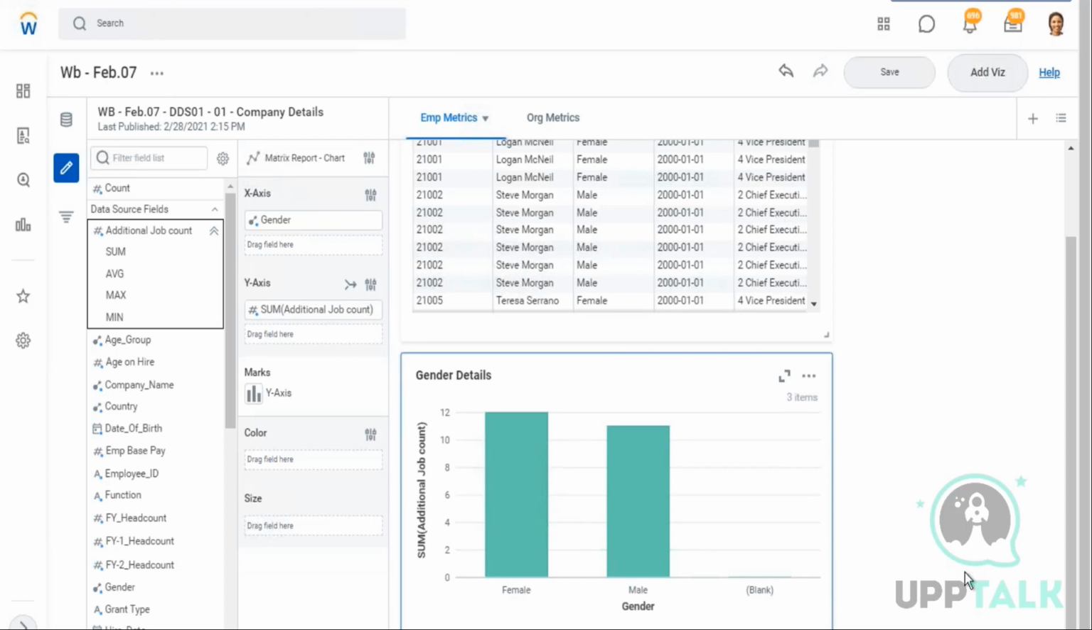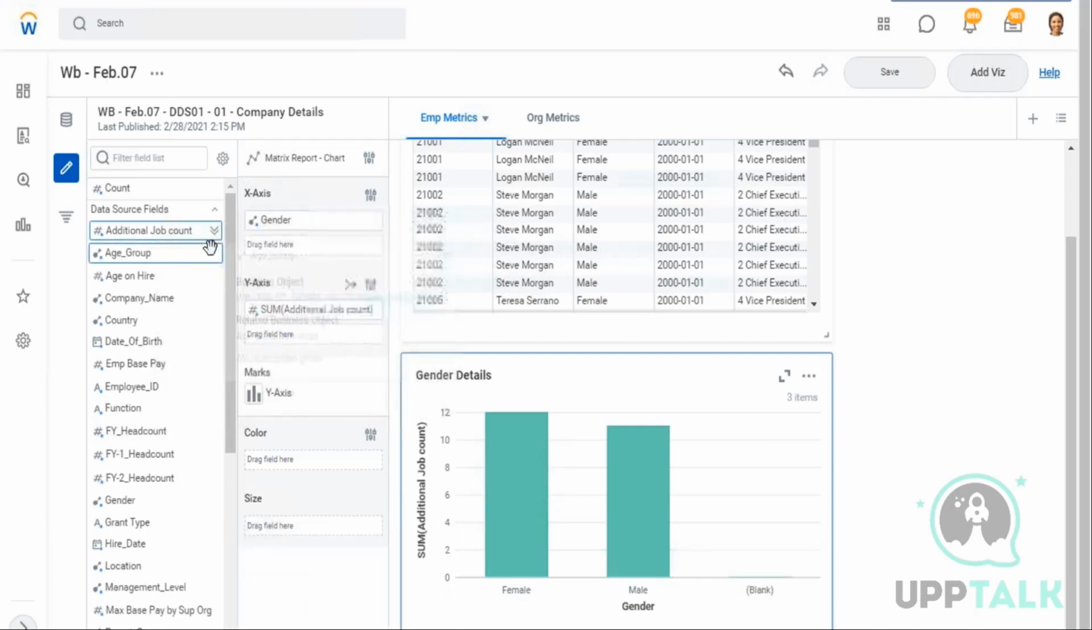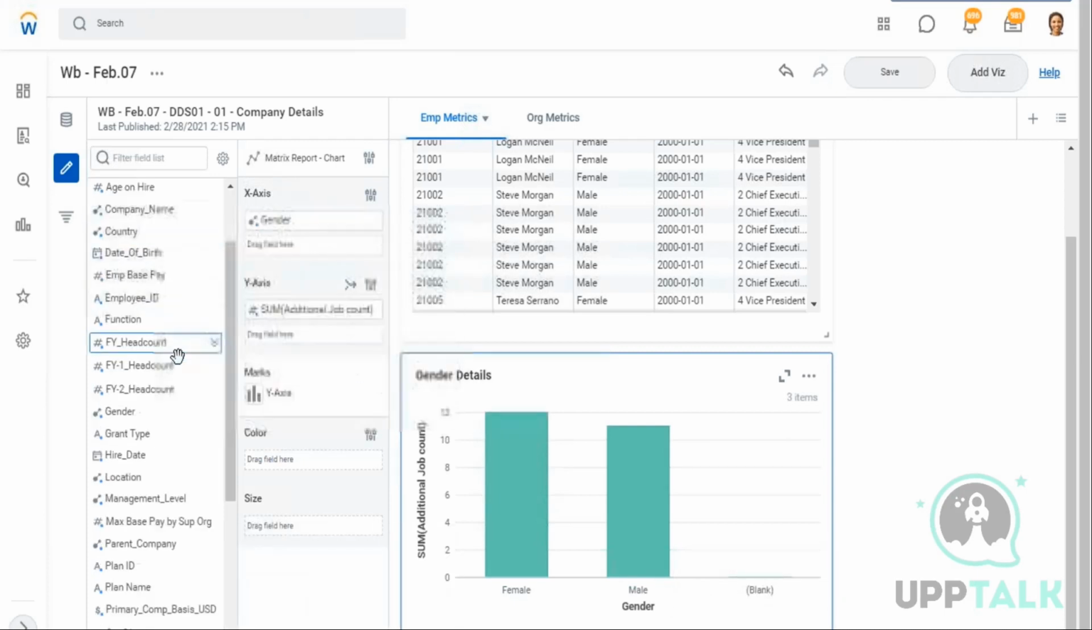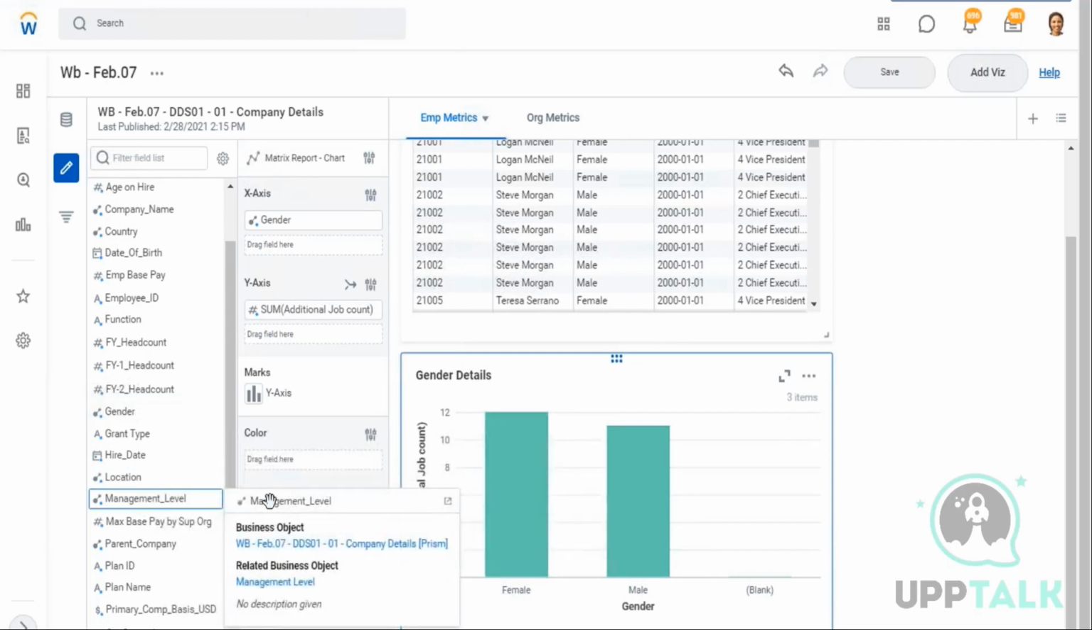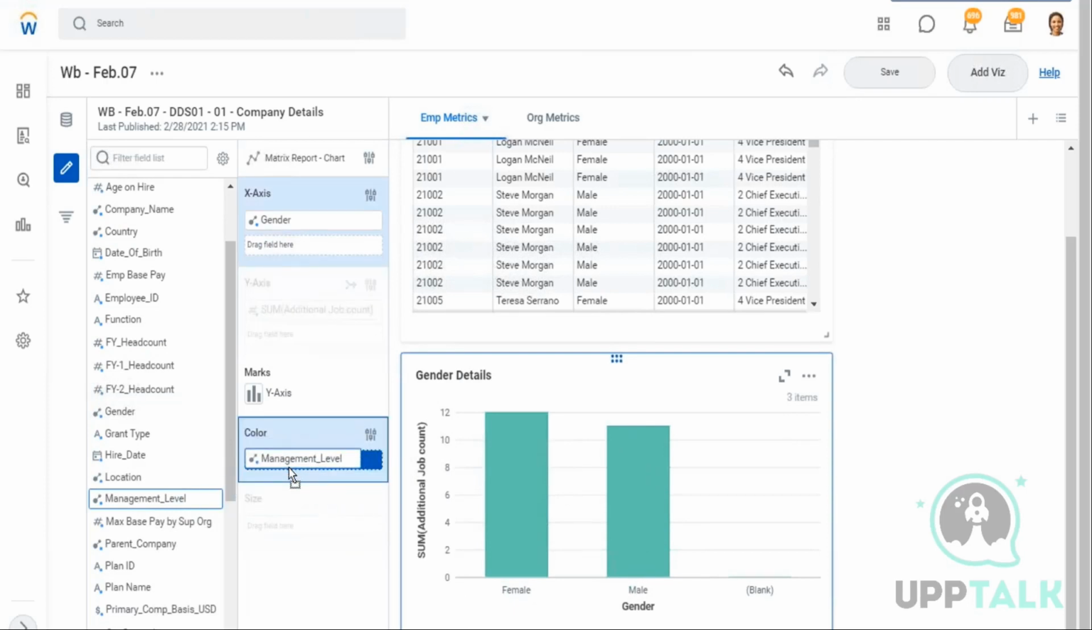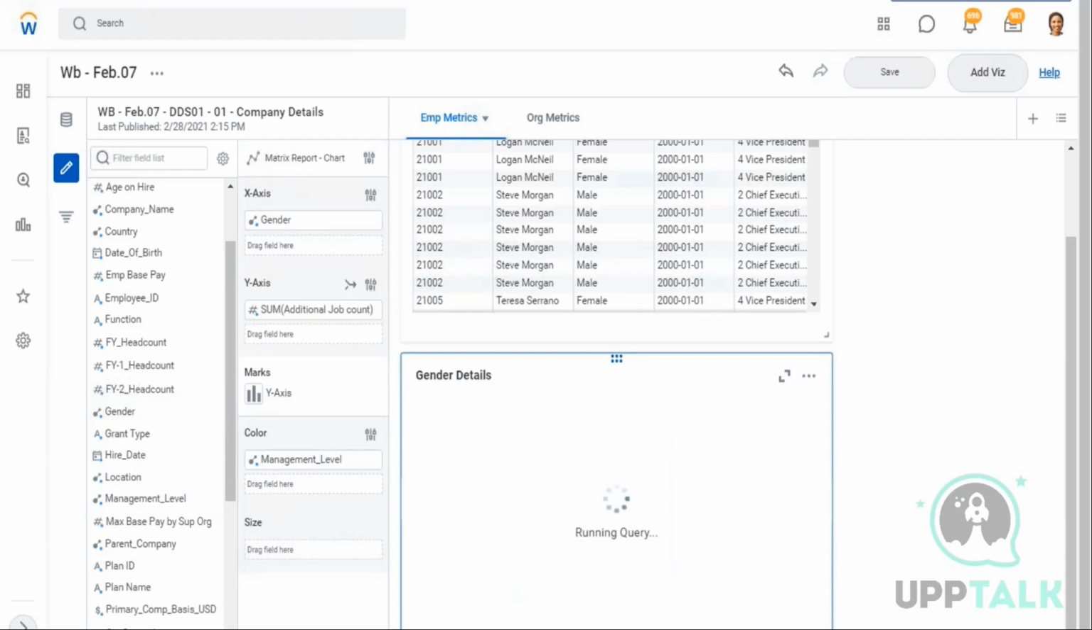Yes. Okay, now I can also define additional parameters. Let's say I want to get not just age, not just gender, for each of these genders, I also want to understand the management level. So I'm bringing it here, and management level, again, this is an attribute. So I can either place it on axis or I can place it on color. When I place it on color,